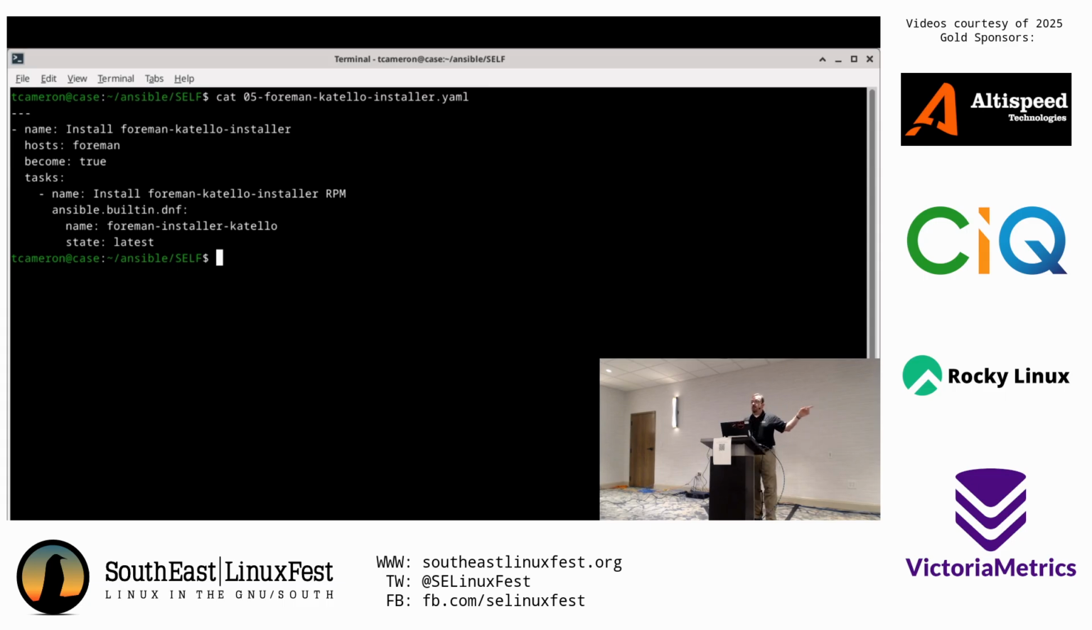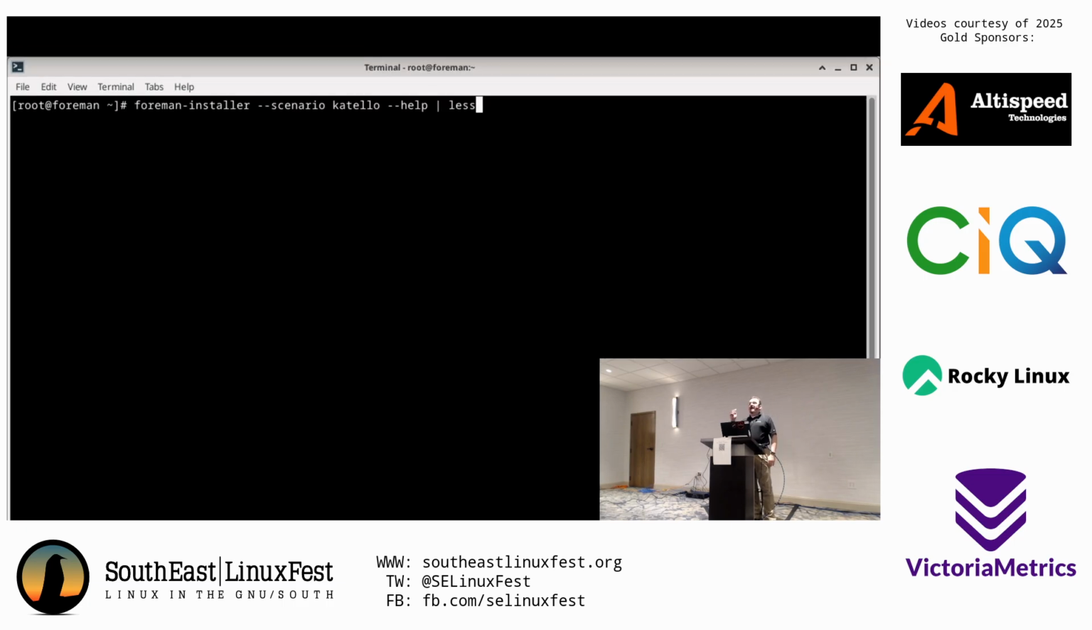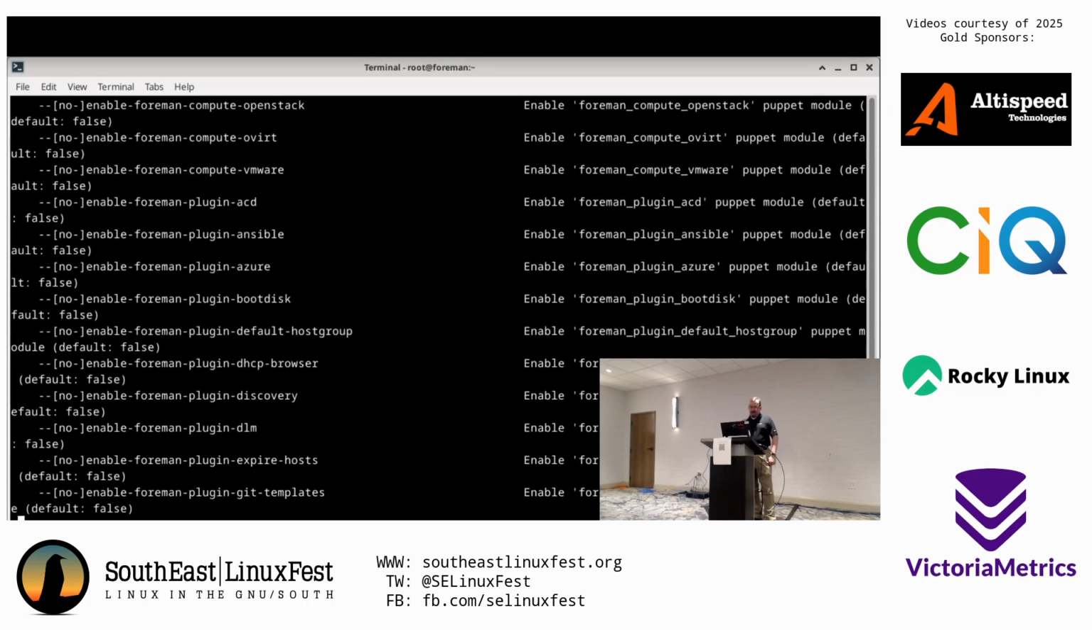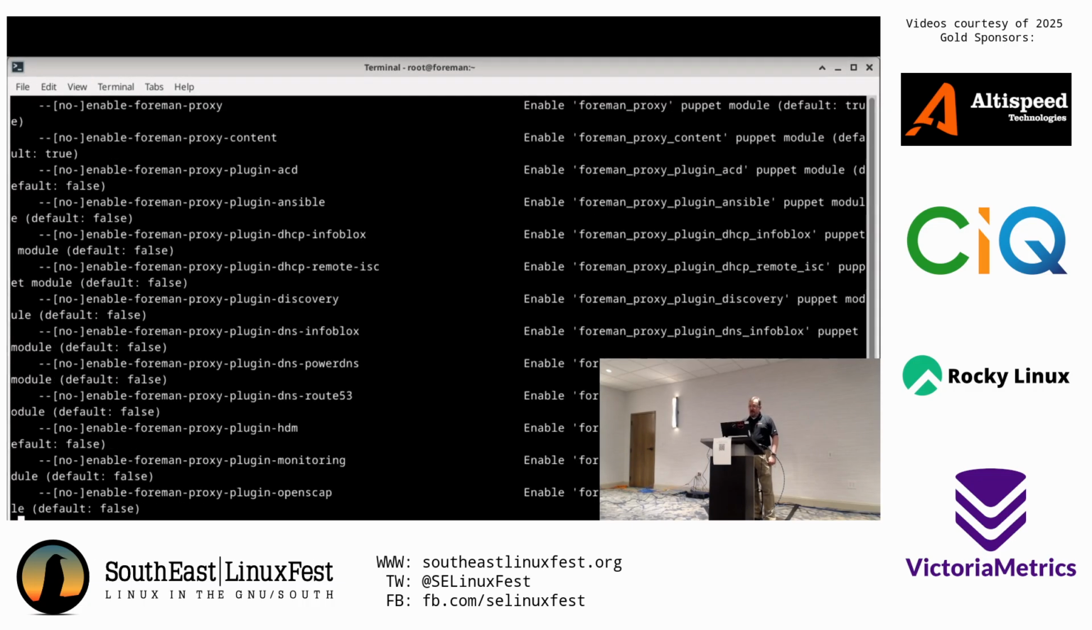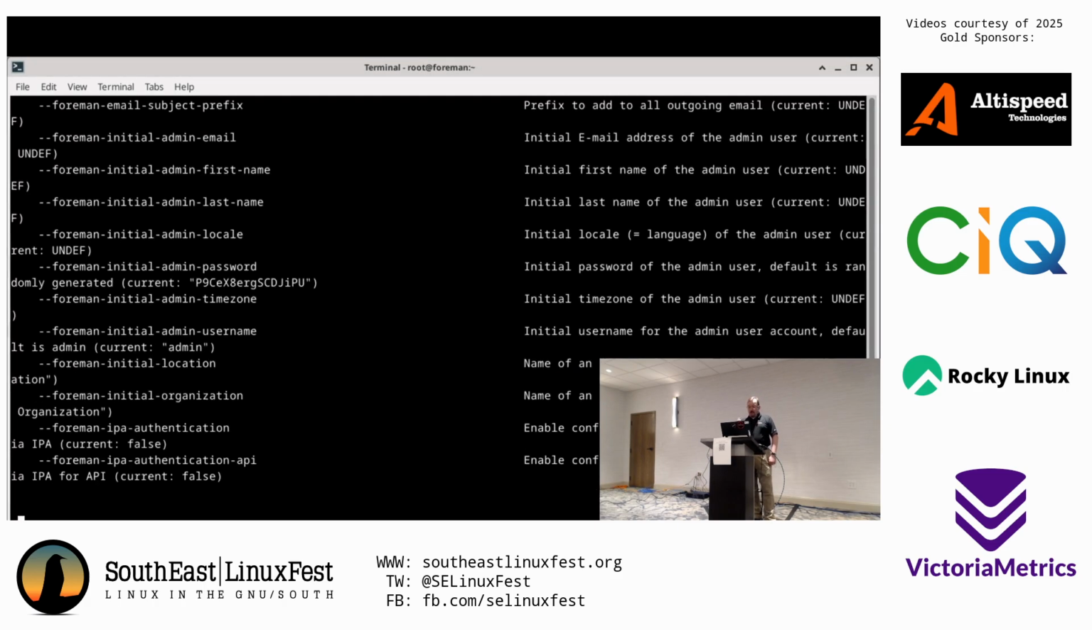Made sure that the Foreman installer Katello package was installed. And then this is the help screen for the installer. Actually, this is the 10 pages. It's like all these crazy things. I'm not even going to go into what all of them are. But what I wound up doing